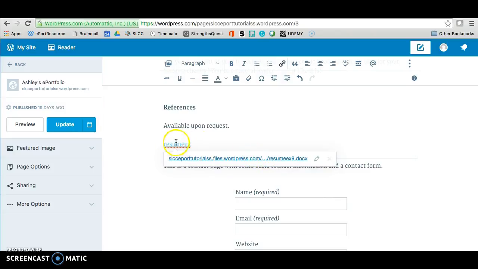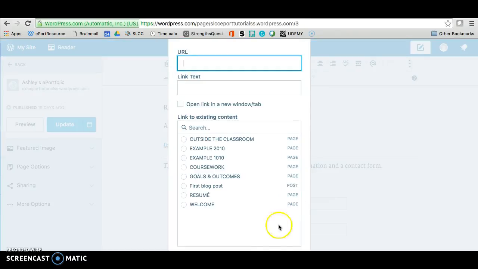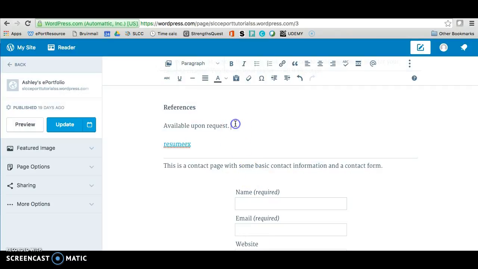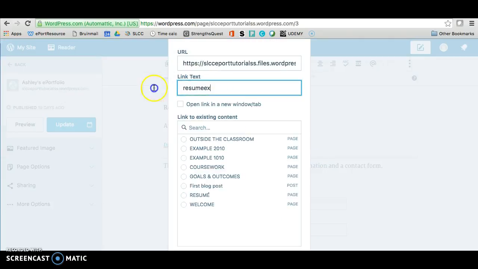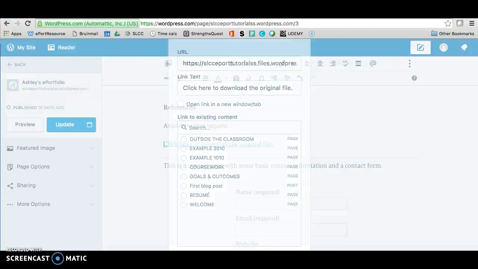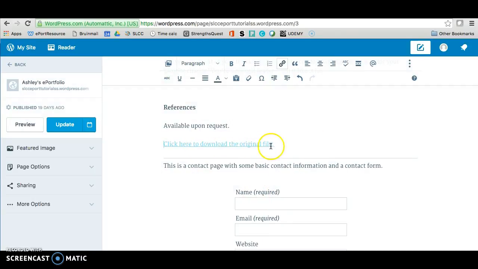Now if you try to fix the text here, by clicking on the pencil, it's not going to give you the text to fix. So you're going to have to cancel and then click away from it first. Then when you click back on the link, you can edit the text correctly. And on here, you can just indicate that this is the original file download. So you can write that however you want. Then go ahead and just scroll down and save. And now you'll have this link here.